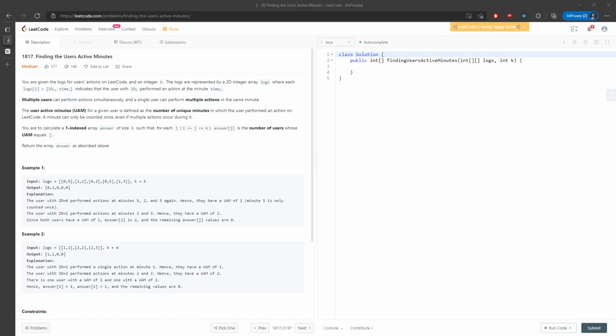Right, let's talk about find the user active minutes. So we have a log array, where log[i] represents an ID and a time. Multiple users can perform actions simultaneously, and a single user can perform multiple actions in the same minute. But the problem is the UAM, the user active minutes, for a given user is defined as the number of